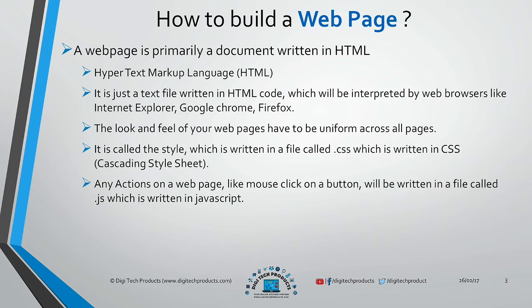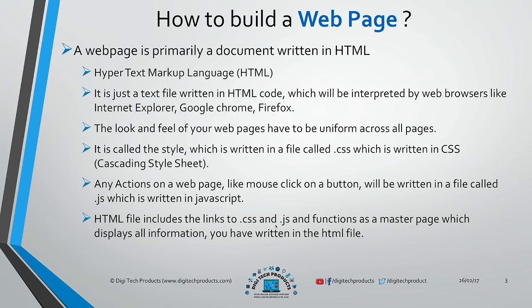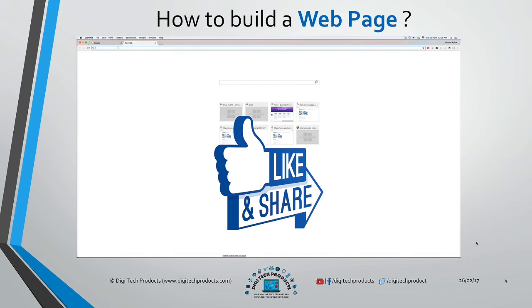Even though a WordPress website is done through the tool, what WordPress does in the backend is it creates the lines of code or the programs by itself, and it saves that information inside the website itself, so that the next time the page is opened, the system will read what it's supposed to do. So the HTML file includes the links and functions as a master page, which displays all the information you have written in the HTML file. This is a small video in which I will also explain